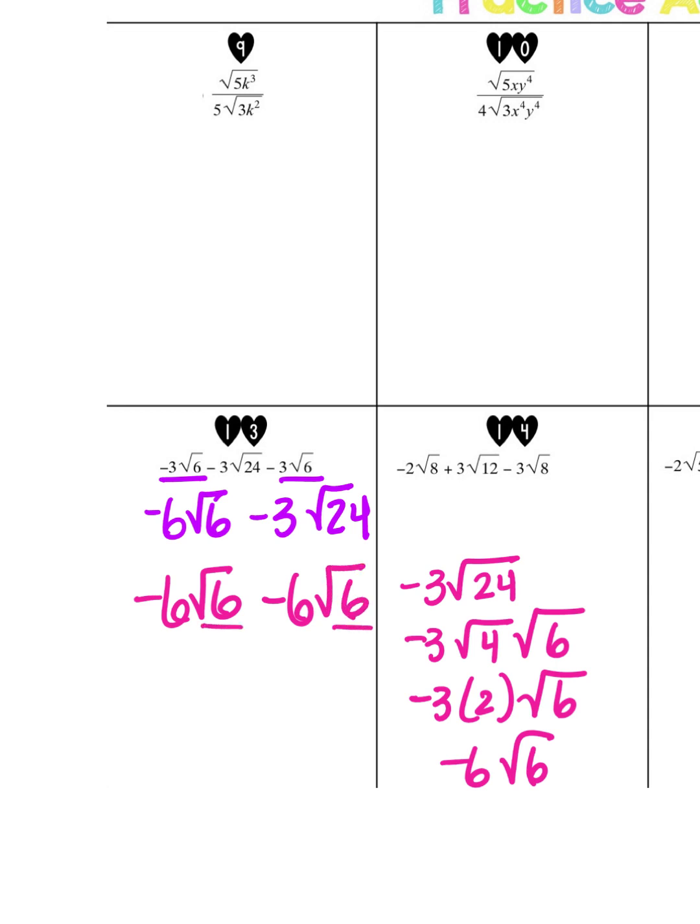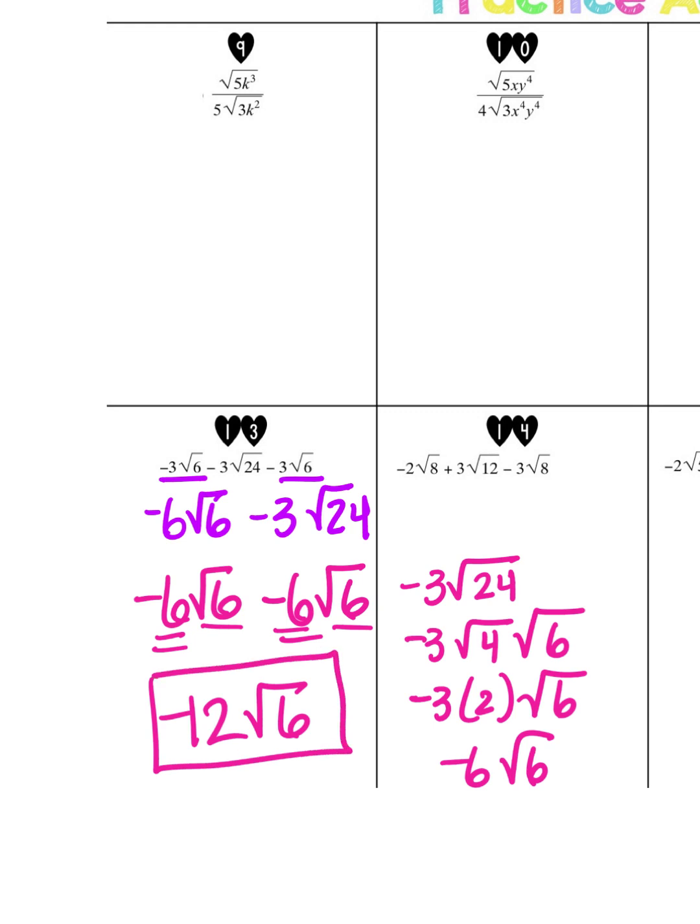So now I kind of forced them to have the same square root. So negative 6 minus 6 is negative 12, and the square root of 6 is the common ground, and so that would be the answer there. This piece over here is just kind of like a side thought, so you can get your square roots to be the same. Now going